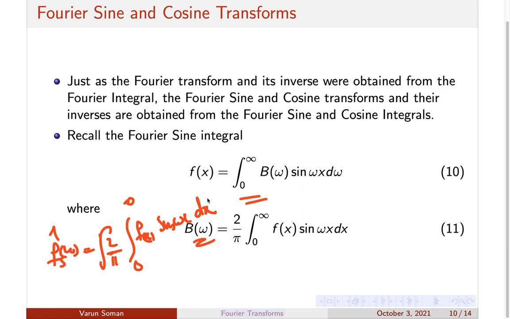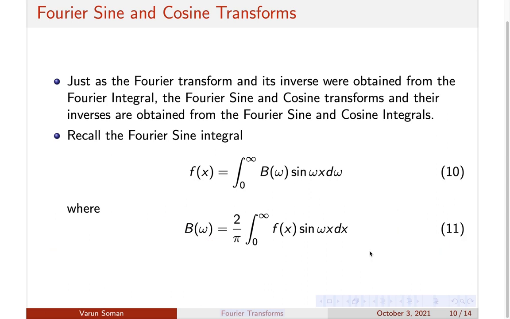That is the definition of the Fourier sine transform, and the inverse transform would simply be the same thing, only root 2 by pi integral 0 to infinity, again Fs cap omega, sine omega x d omega. So this is the Fourier inverse transform, the Fourier sine inverse transform. Okay, so this is the definition.